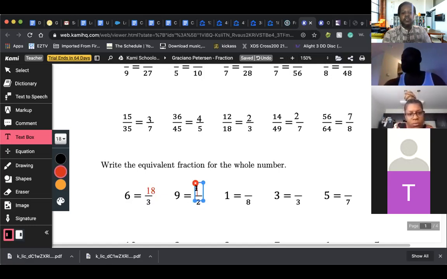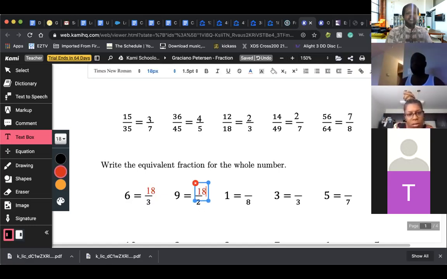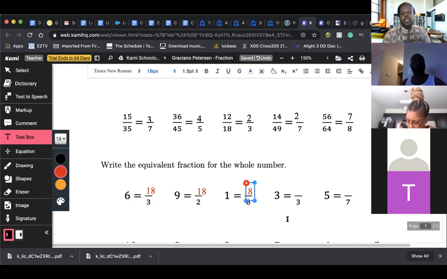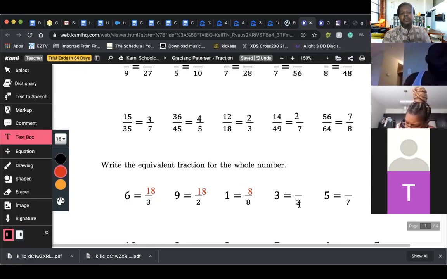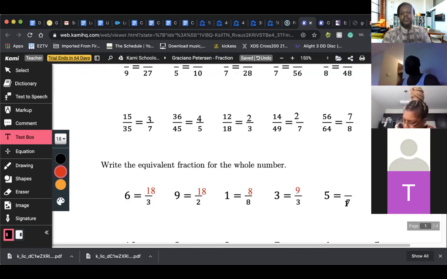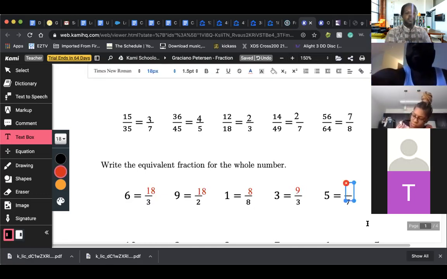2 times 9 is also going to give me 18. 8 times 1, 8. 2 times 18. 3 times 3, 9. 7 times 5,